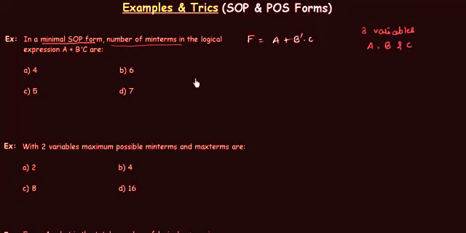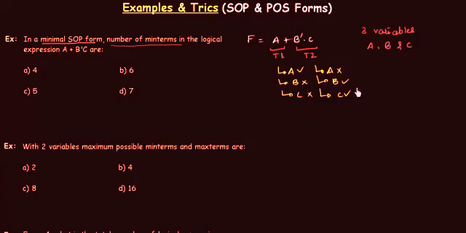Right, and step number 2, we have to find the absent variables. So this is, let's say, term number 1, this is term number 2. In term number 1, you can see we have A, we don't have B, it is absent, and we don't have C. In the same way, we will check for term number 2. In this, we don't have A, but we have B in complemented form. We have to only find the variables present or absent. You don't have to worry about this complement. And we also have C. So in term number 1, we don't have B and C, whereas in term number 2, we don't have A.